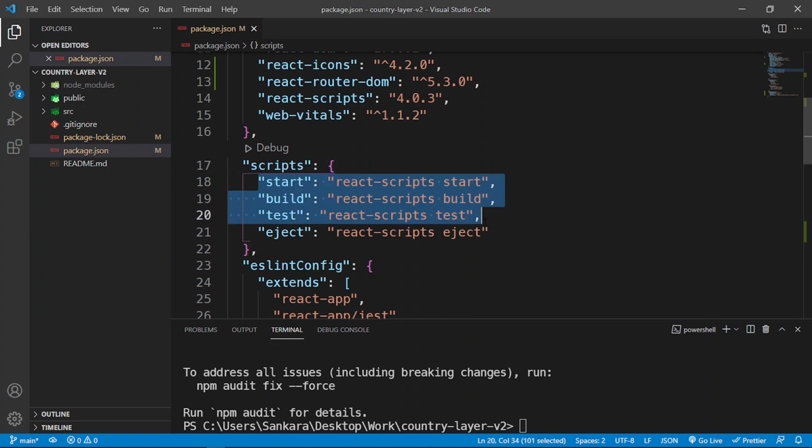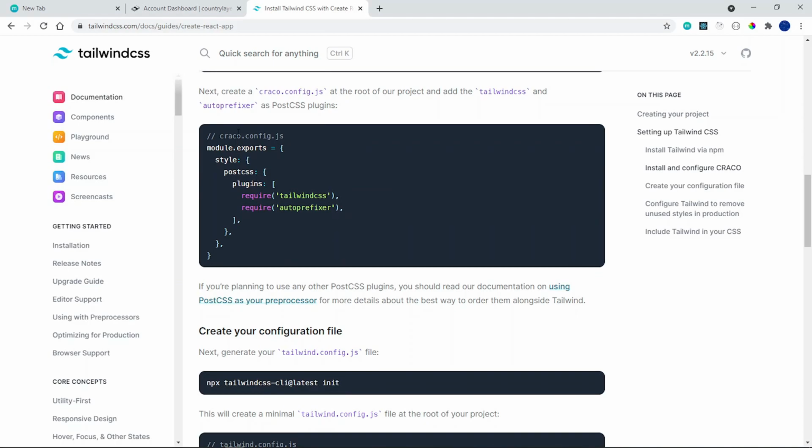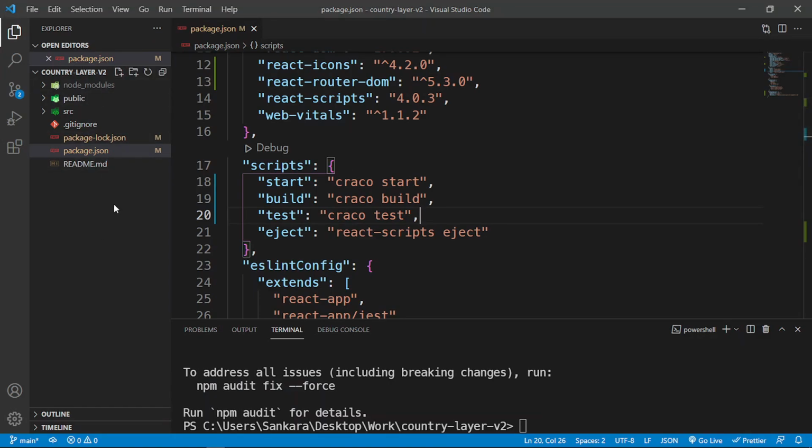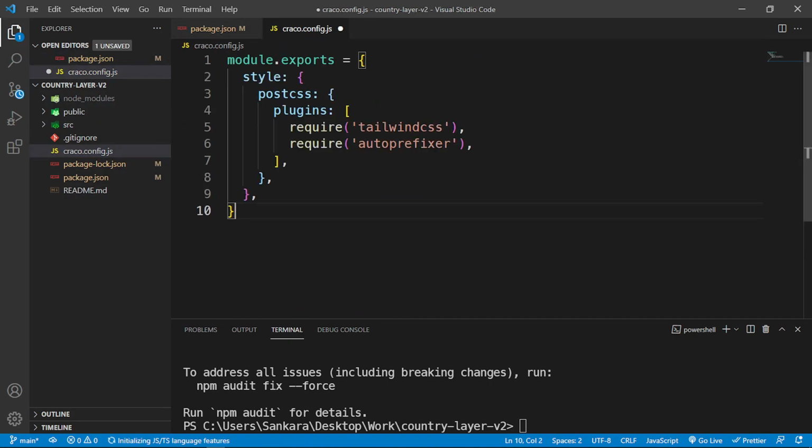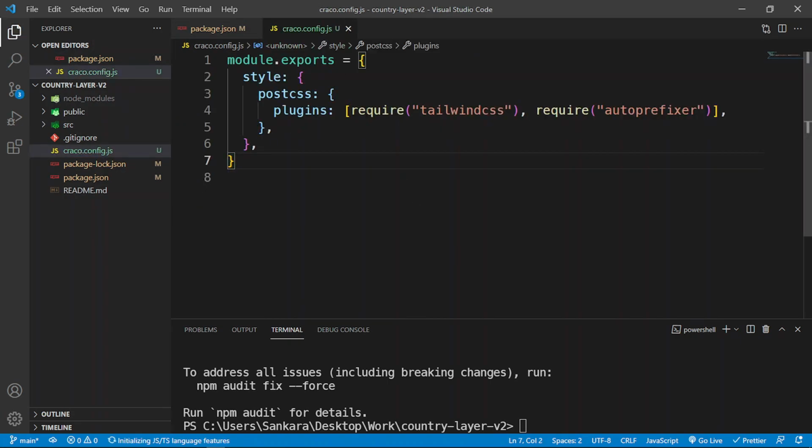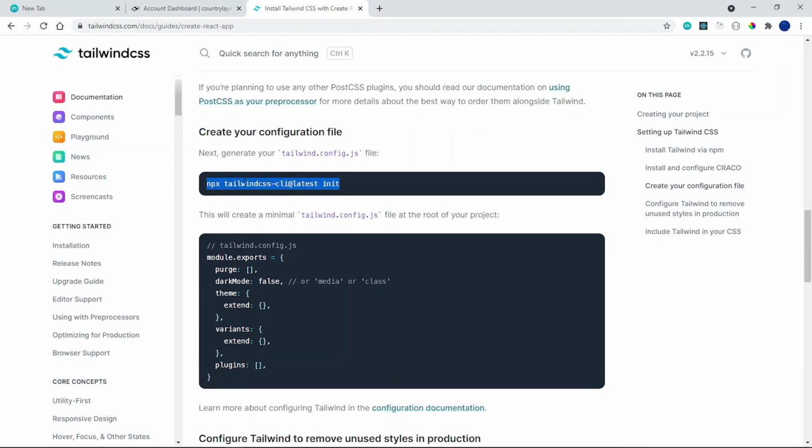So right here, just paste this in like so, and then we're going to create a crackle.config.js file inside the root of our application. So right inside here, we're going to create crackle.config.js, and then we're just going to paste this in. Okay, so we're going to use Tailwind CSS and autoprefixer, and then we need to create our Tailwind init